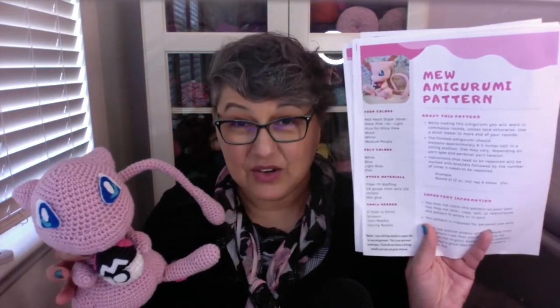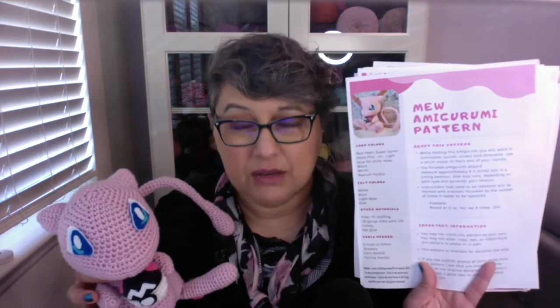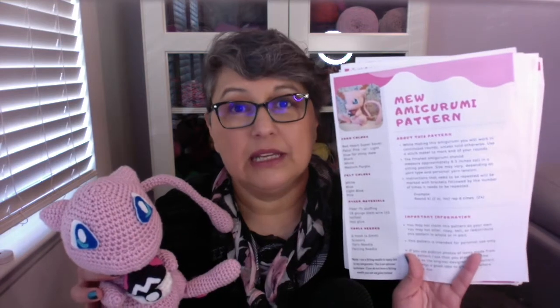Honestly, I did not know how this was going to go. The pattern is by One Up Crochet. Of course, I will put the link down below in case you're interested. She has a ton of other Pokemon amigurumi crochet patterns. And I am frankly impressed at how somebody can design how many stitches where and just to shape it correctly,